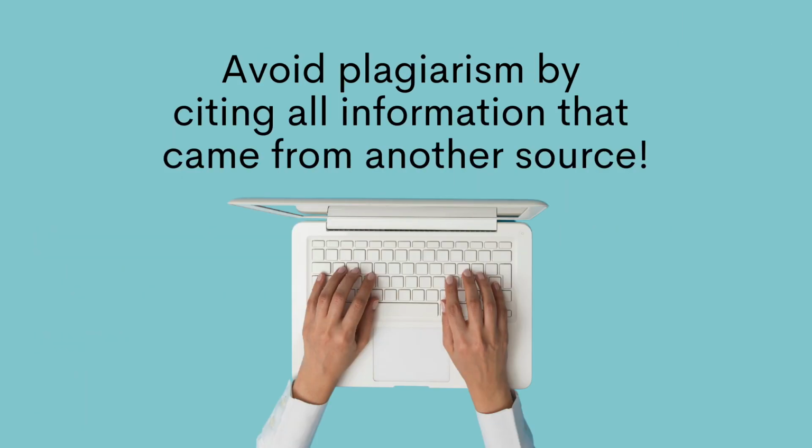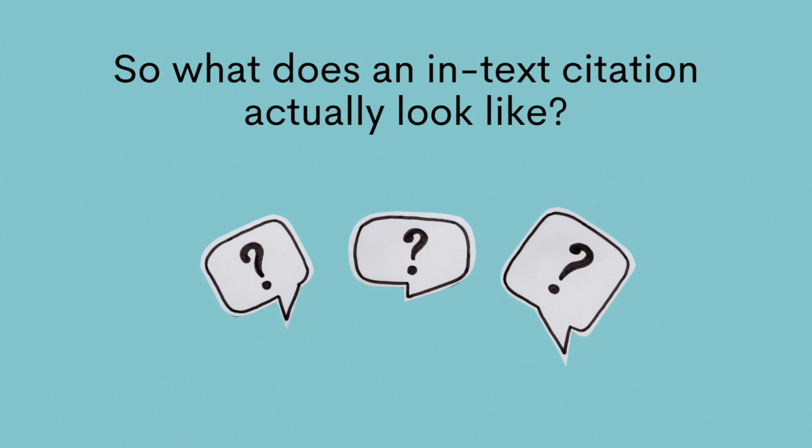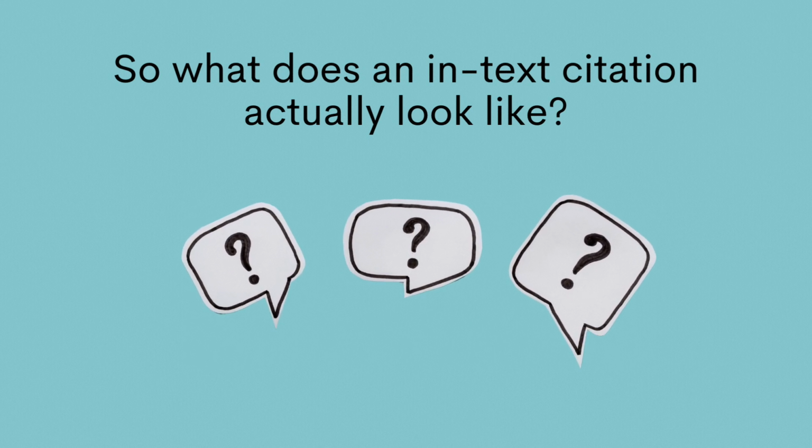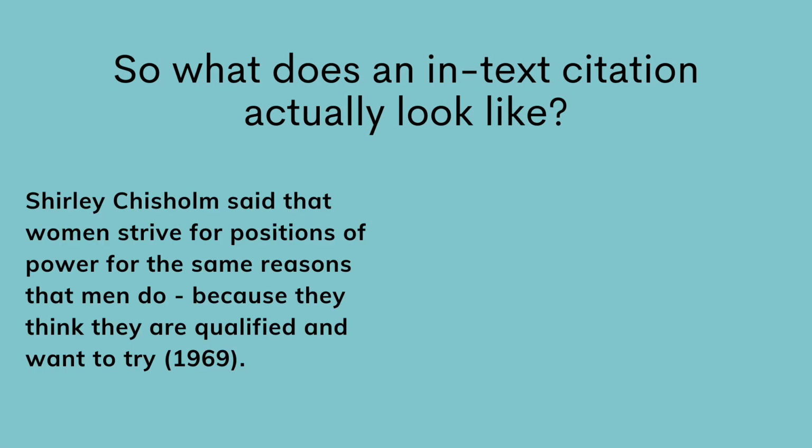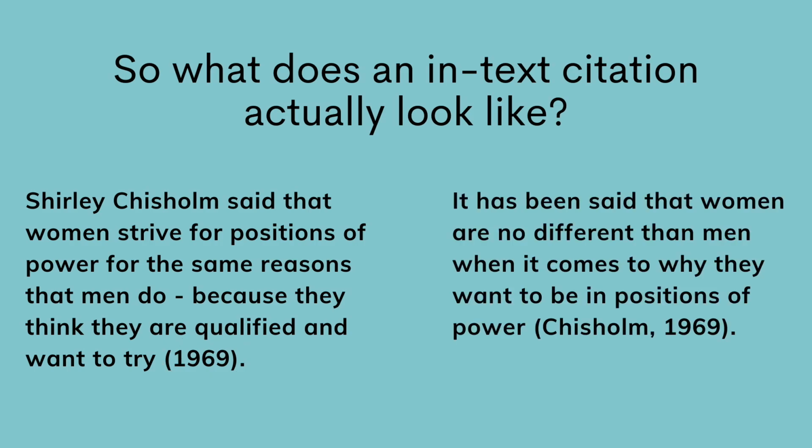Whether you're using APA style or not, it's critical that you provide a clear indication anytime a piece of information didn't actually come from you. Otherwise, you're plagiarizing. In-text citations can look different depending on how you decide to set them up. In this example, I introduce my paraphrase by referring to the author in my sentence prior to the beginning of the paraphrase. I then included the year at the end of the paraphrase in parentheses.